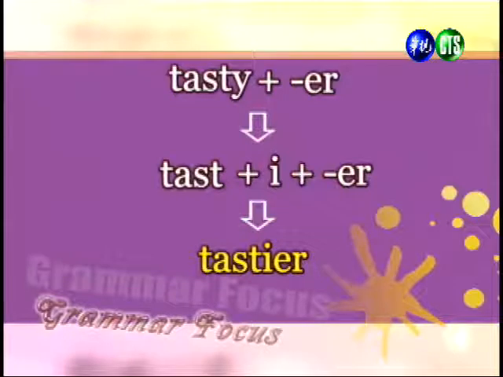We have tastier. 好，我们把这些步骤做完之后呢，我们就会找到这个字的比较级，就是 tastier。